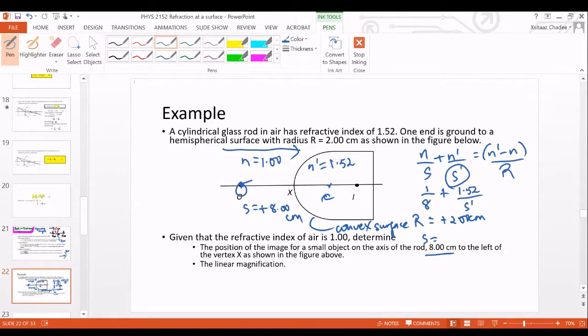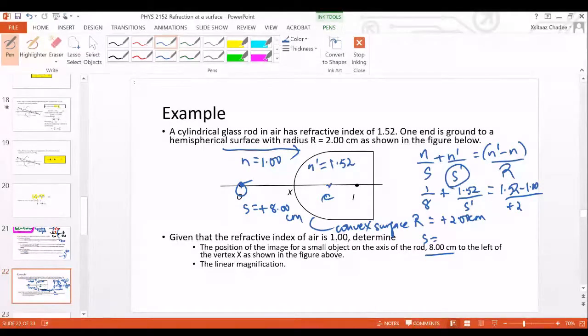S prime we don't know, that is what we want to find out. And this is equal to n prime, which is your second medium, minus n, which is your refractive index of the first medium. So we have 1.52 minus 1.00 divided by r, and r is plus 2,